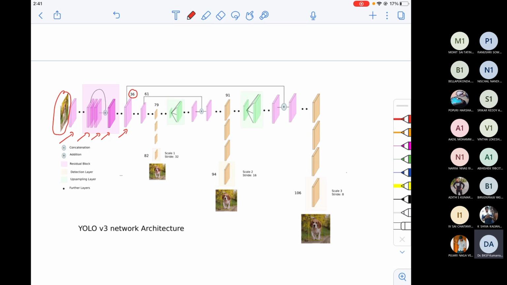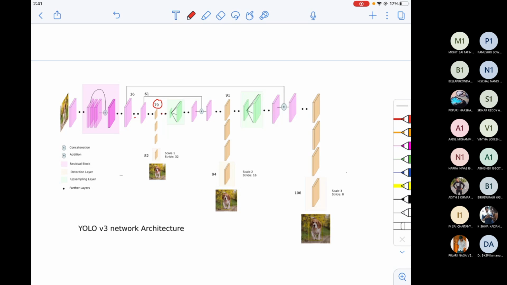Similarly, I'll have multiple other layers, and a 61st layer here. And again I continue, and I'll have the 79th layer. Do not look at all the connections, just see my markings. Just observe this 79th layer and keep it aside like that.